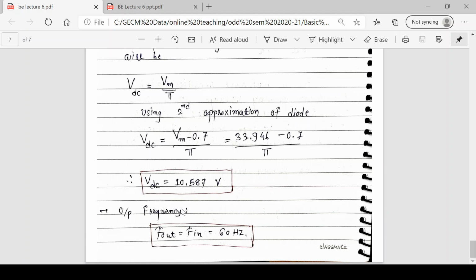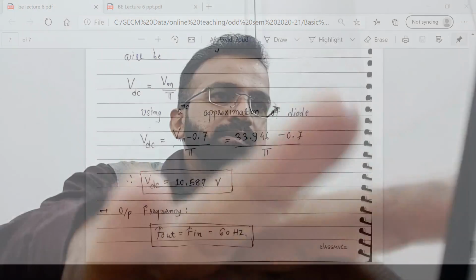What is output frequency? So you can say input frequency is same as output. So F output will be 60 Hz. So this is all about half wave rectifier and its operating principle. So I hope it is clear to all of you. In diode circuits, today we have only discussed half wave rectifier. We will discuss the full wave and bridge in the